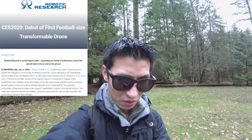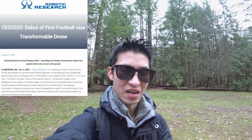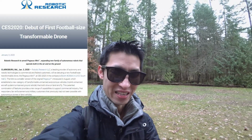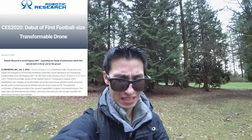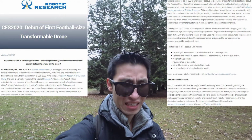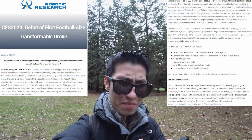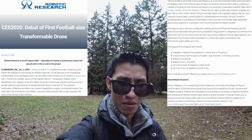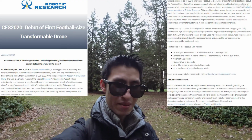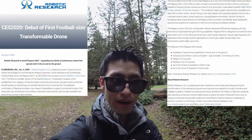The Mini is a smaller version of the original Pegasus, introduced in August, which established a new category of transformable unmanned autonomous vehicles that both drive on land and fly. So there's no pictures or anything at the moment, but it's kind of interesting reading some of the specs that they published here. It says the features of the Pegasus Mini include capability of autonomous operations in the air and on the ground, compact and similar in size to a football, approximately 16 inches by 8 inches, a weight of 4.2 pounds, a payload of up to 2 pounds, up to 30 minutes of operation in flight mode, up to 2 hours of operation in